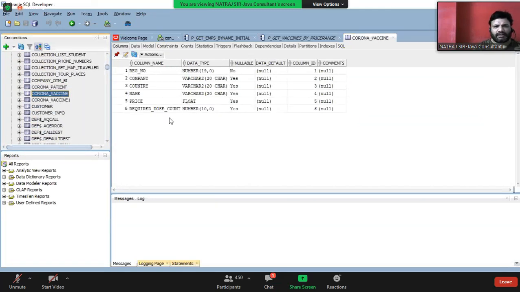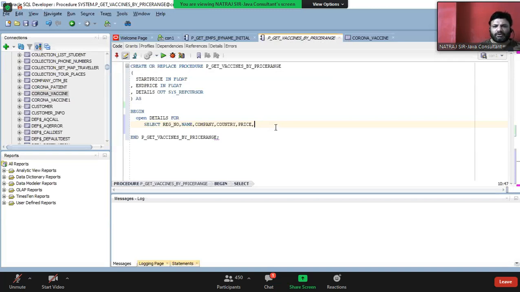Corona_vaccine, guys. Required doses count. Required_dose_count. Dose_count. That's good. Okay. Required_dose_count from corona_vaccine, from corona_vaccine where